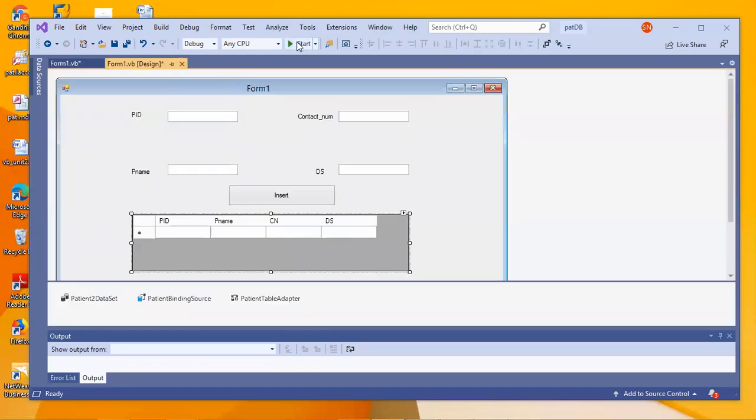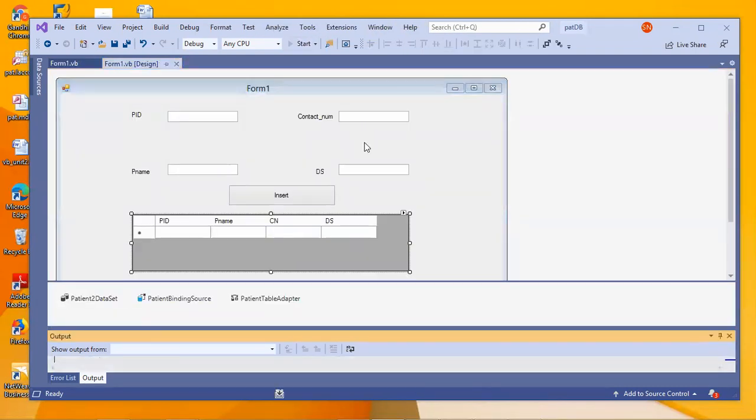Let me run this. Let's see whether it's working or not. It will take a little time because it now has to contact something outside our database. It is Access and it is supposed to establish a connection. It is still building.